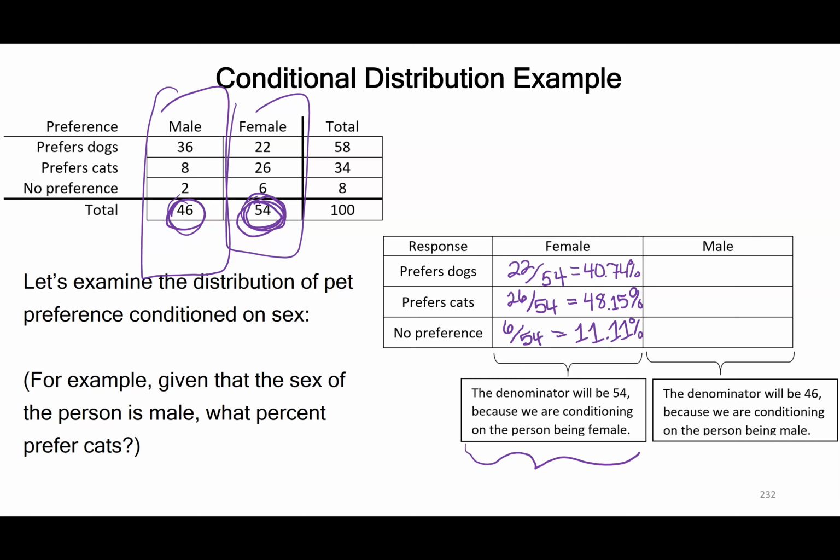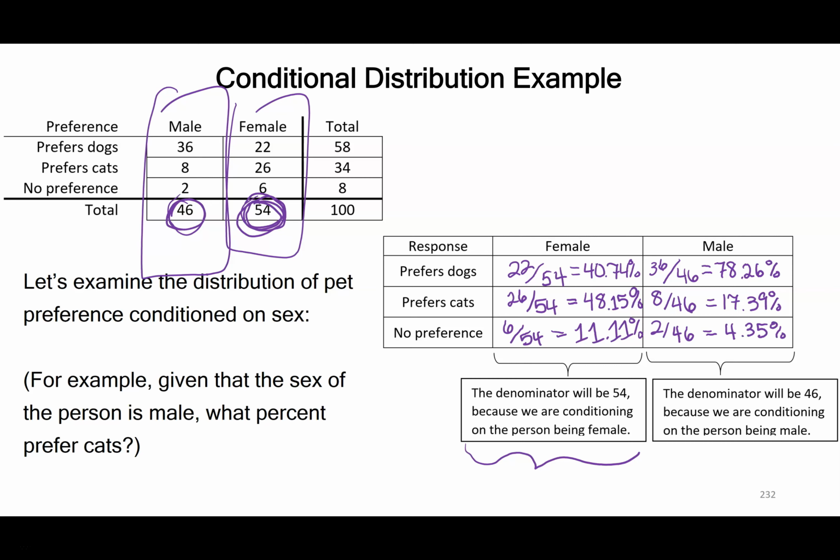Then if I'm focusing just on the male individuals, there were 46 of them. And out of those 46, 36 of them said they preferred dogs. So that is going to be 78.26%. 8 out of 46 men said that they preferred cats. I kind of feel like it would be higher based on people I know, but what do I know? 2 out of 46 is